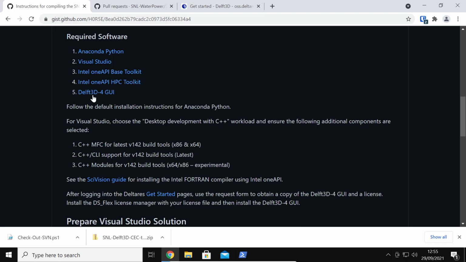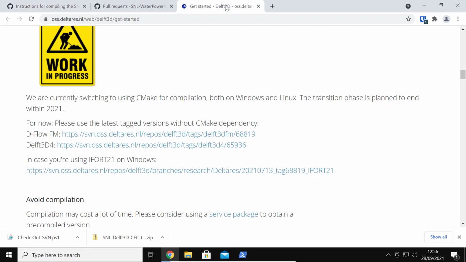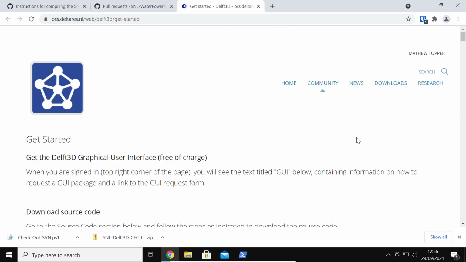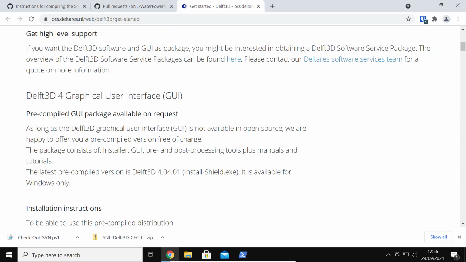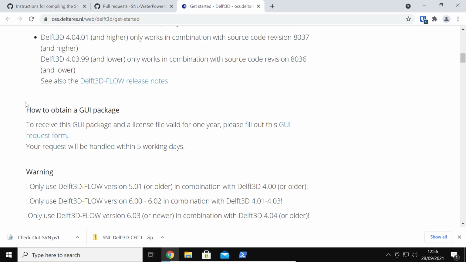So let's just talk about the Delft3D-4 GUI. For Delft3D-4, Deltares provide a graphical user interface free of charge to use with it. To get that, you go to the Getting Started page, which is here. You need to log in, so you need an account, and there's a login in the top right hand corner. I've already logged in. Once you do log in, this section called Delft3D-4 Graphical User Interface will appear, and then it says how to obtain, and there's a form. So you need to fill out this form